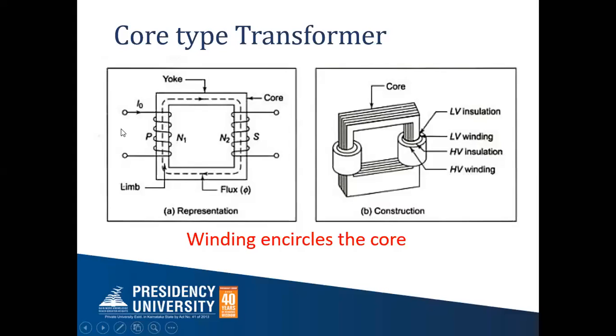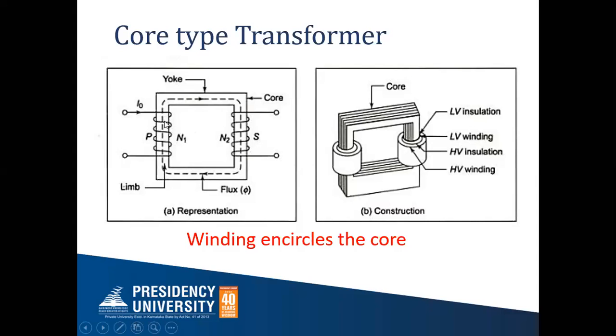Right. So we are applying an alternating voltage and an alternating current. This will produce its own EMF in the primary winding. That EMF we call self-induced EMF. So there will be a self-induced EMF in the primary winding. And of course, we know there will be a flux linkage in the secondary winding. That EMF we already denoted as mutual induced EMF, and the process is mutual induction. That's the working principle of a transformer.